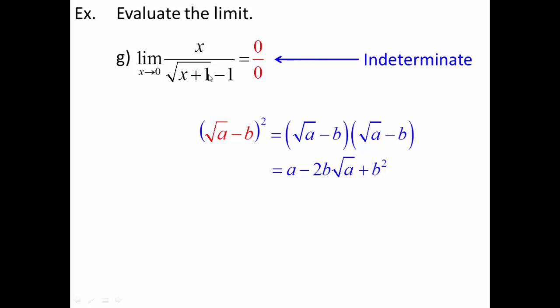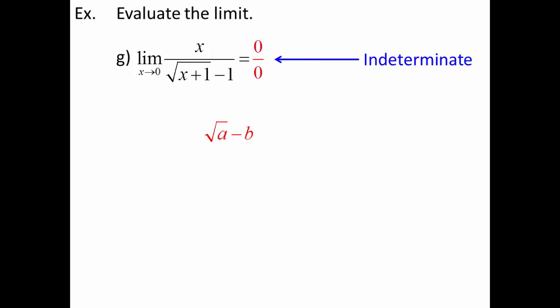I would have rather just figured out the limit on what I started with. The key to getting rid of a radical that's part of a binomial is not squaring the whole thing, but multiplying by its conjugate. Square root of a minus b times the square root of a plus b produces a difference of squares. Square root of a squared would be a, and then the b value squared would just be b squared. In other words, I've got a difference of squares which factors into square root of a minus b, square root of a plus b.